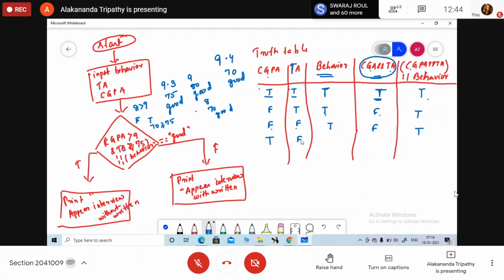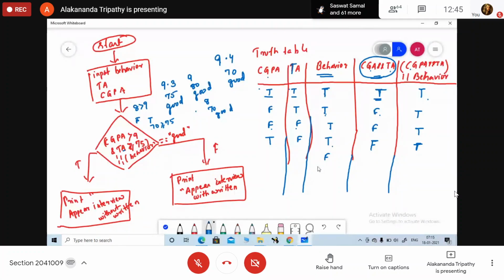So then true, false. Here what will be the value? False. Behavior is True. True, false. What will be the value here? True. Okay. So here how many condition checking will be there? Now here I have checked for all the true cases.